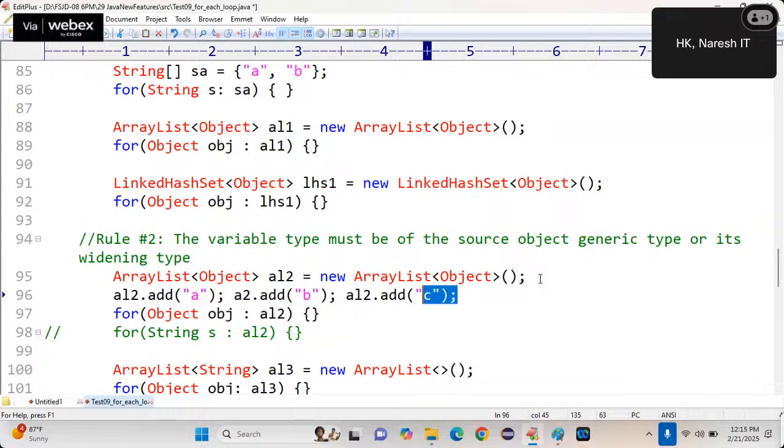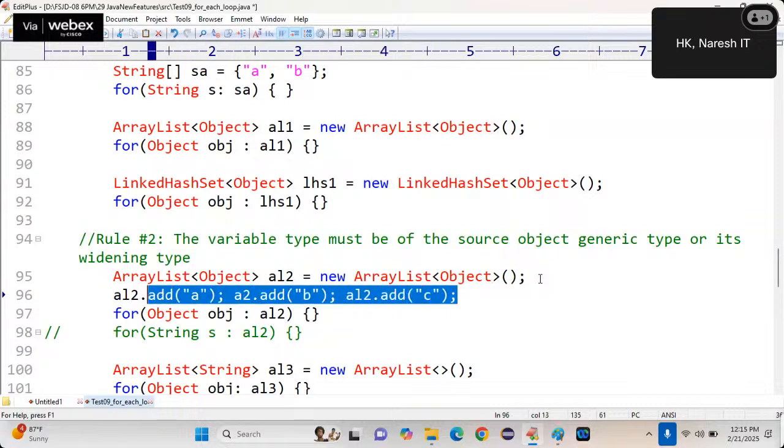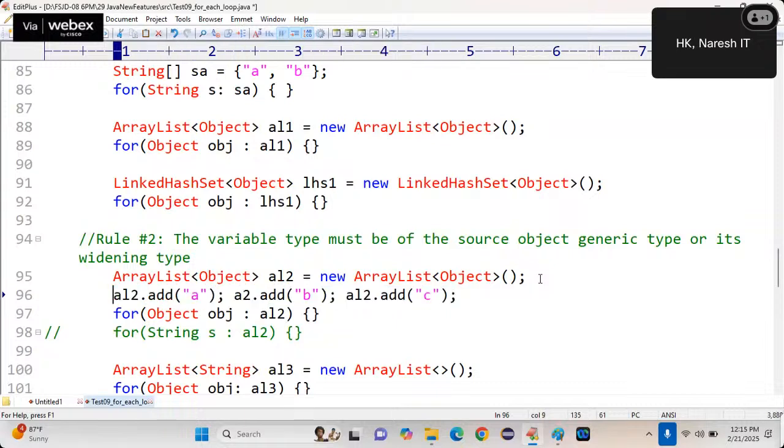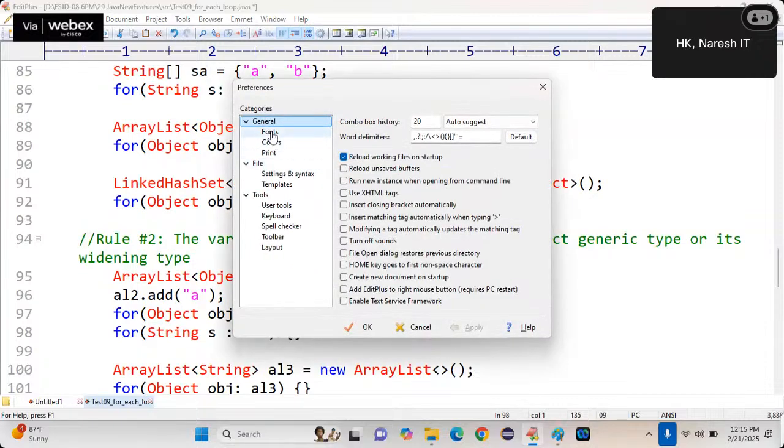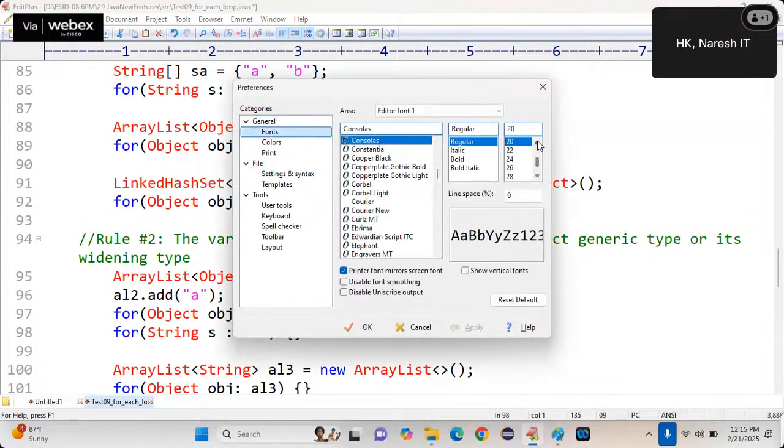Now tell me, these three objects I am retrieving. What objects are coming from the for each loop? String objects coming. Because objects coming are string, can I write here for each of string, yes? Come on, everyone think. Can I write for each of string, yes? Possible or not possible?